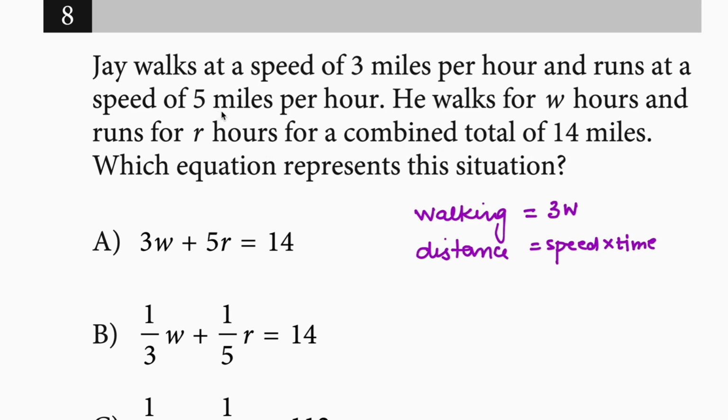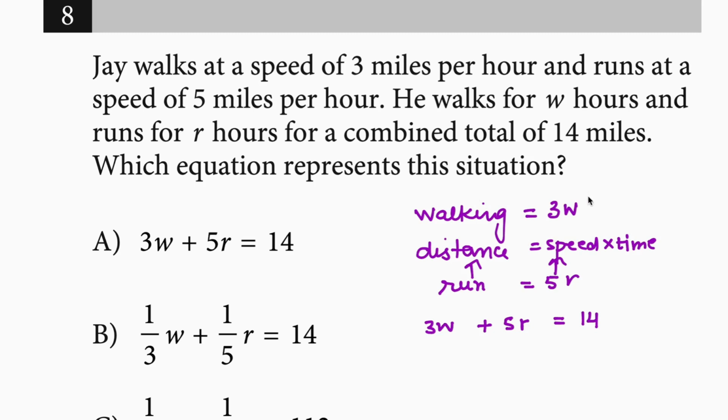And runs at a speed of 5 miles per hour. So total running is equal to 5 miles per hour and for how many hours? R hours. Again I am using the same formula. Perfect. For a combined total of 14 miles. Now if we go to the vocabulary of maths, combine means we have to add. So walking distance plus running distance is actually equal to